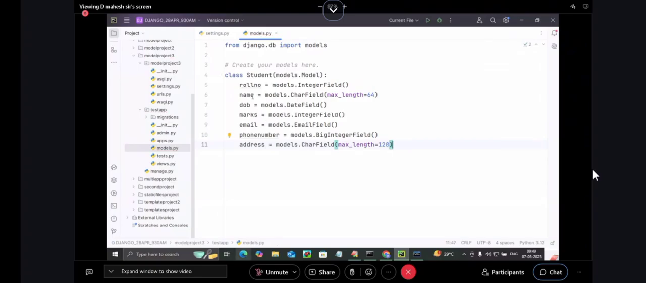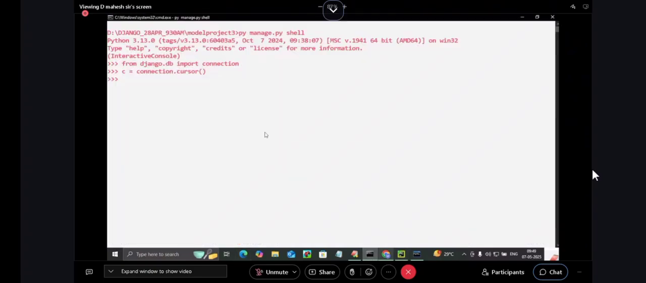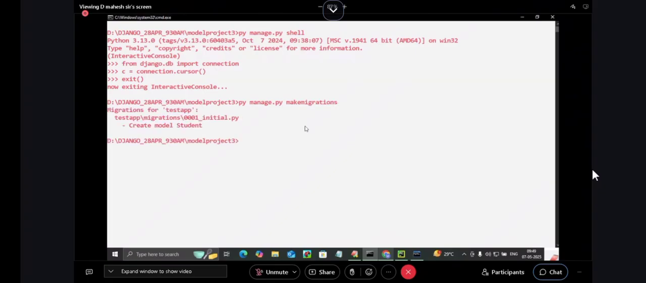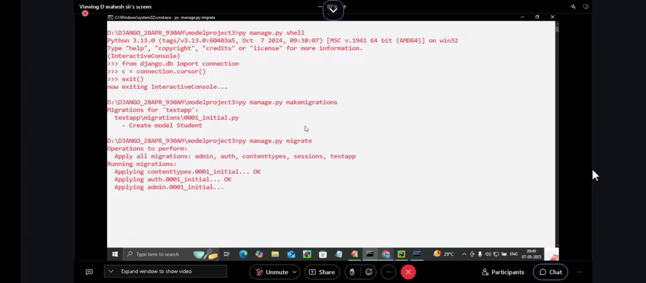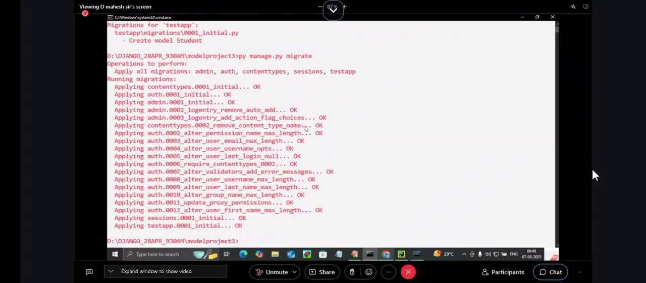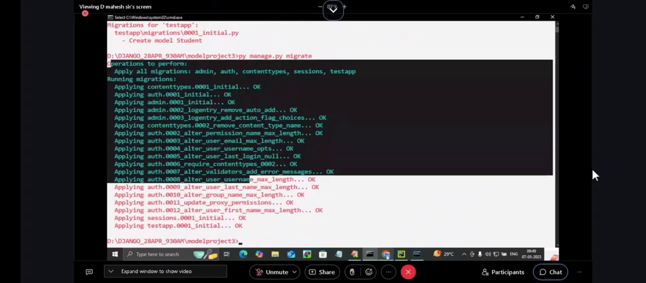This is the Student class. Once I am done, py manage.py makemigrations. It is converted to an SQL query. Then migrate. The table is created. Generally we check the table in the admin panel, but this table is created in the backend